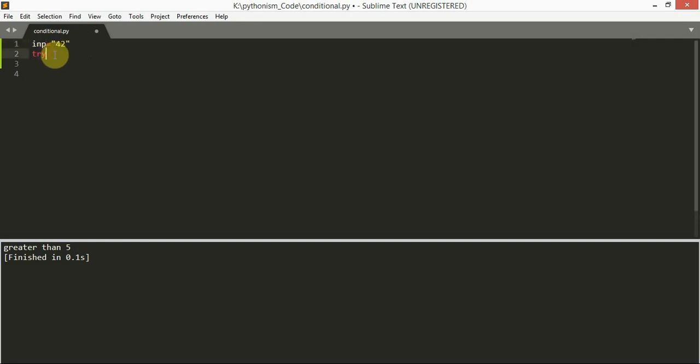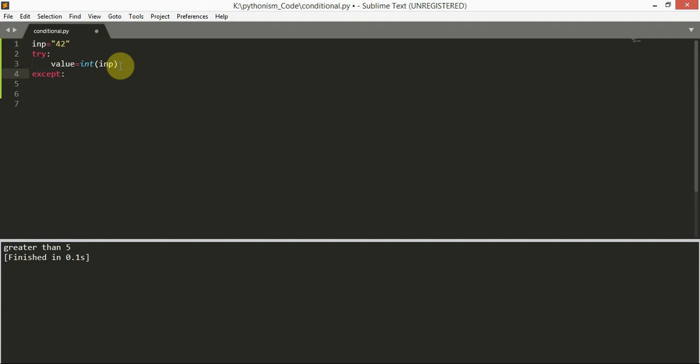Then in the try statement, we convert the user input to a value. Here we are trying to convert that input to an integer. So assume here the user has entered 42, and we are converting that to an integer in the try statement.